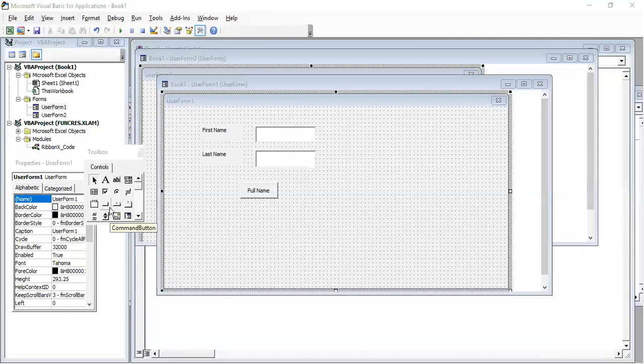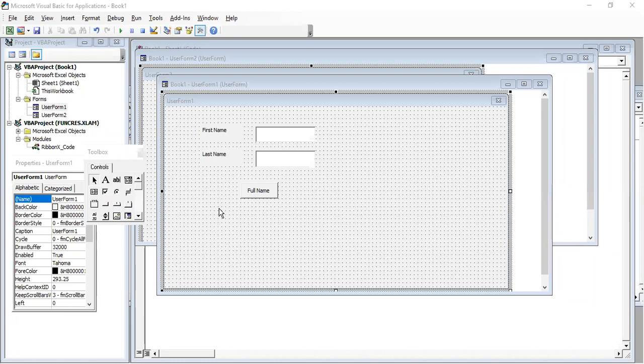So the frame, the command button, this is the tab strip, like if you want to create the form with tabs. So this is a tab strip. If you want to create multiple pages, then scroll bars, or some images you want to put, for all that we have the controls in this. So using these controls, we can create our form with the required fields appropriately.